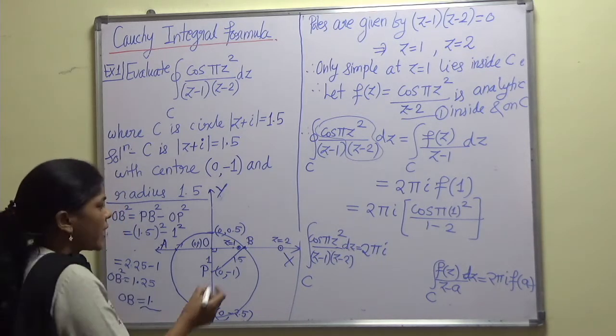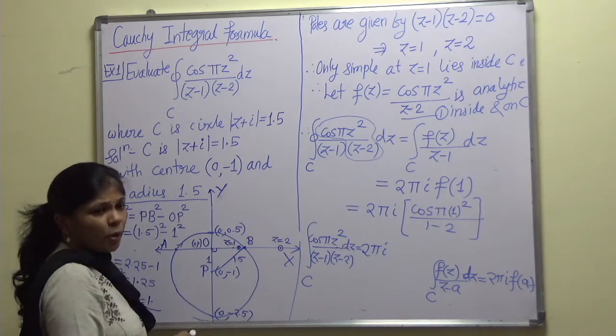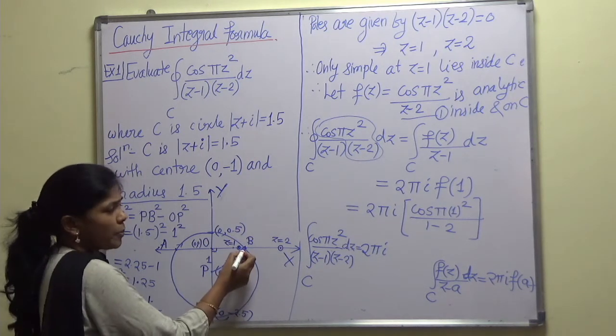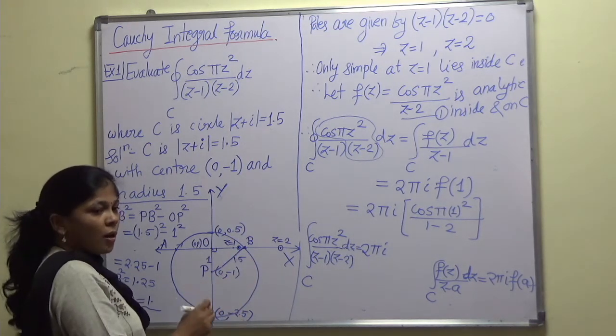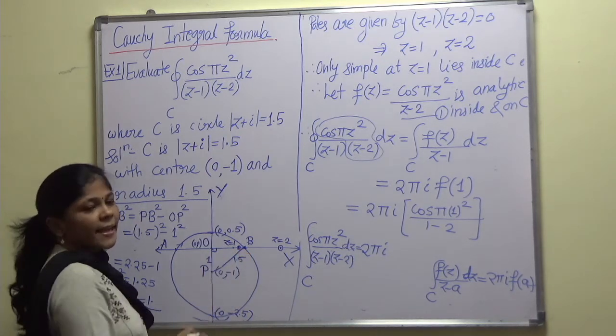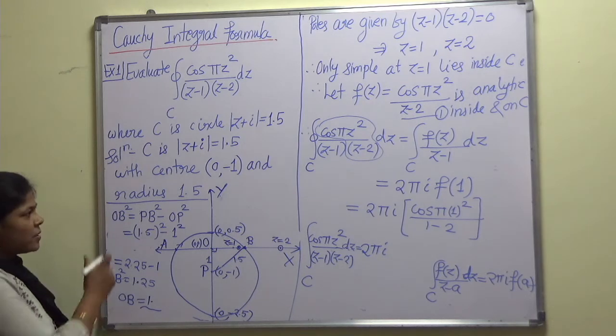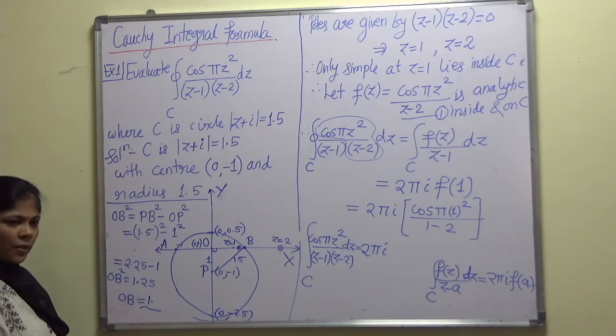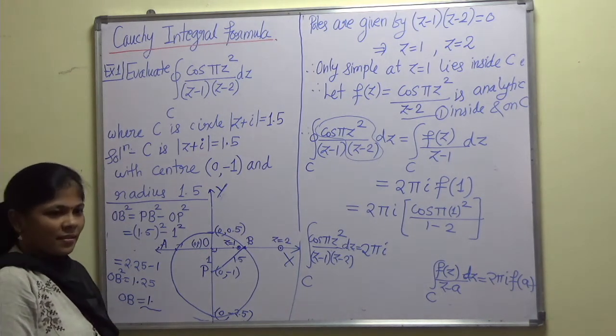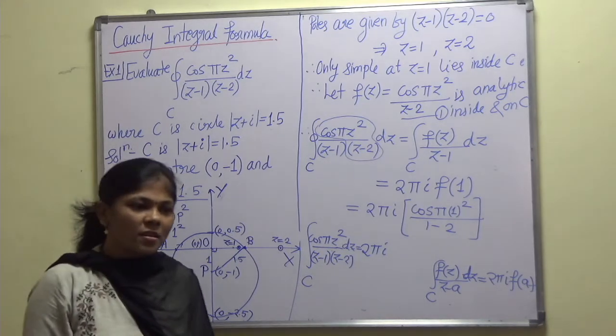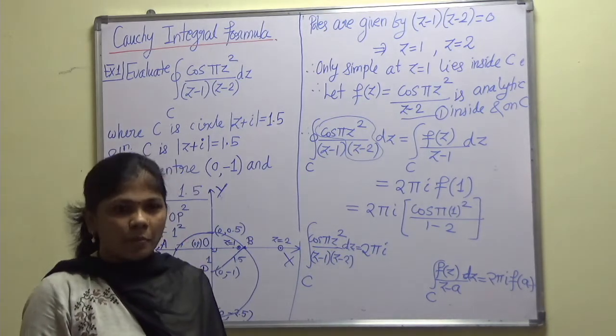The second thing that you have to remember is that before plotting the poles, you have to find out the point of intersection of the circle with the x-axis by making use of Pythagoras theorem. This I have mentioned over here, and you can get the result. So easily you can get the results and solve any type of example.